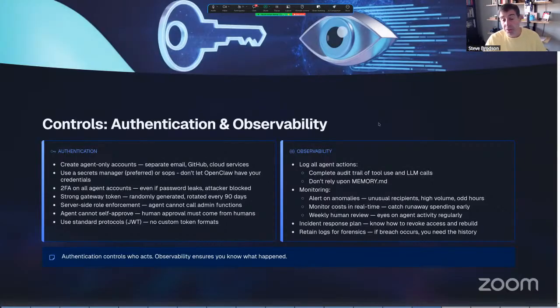The bottom two, right? Incident response plans and keeping the logs. These are just best practices. I back up my logs. I know exactly how to revoke my access. And in fact, I have a tool that I've released that's in beta. That's an API dashboard. I'm looking for beta users of it, but basically it's a separate product.